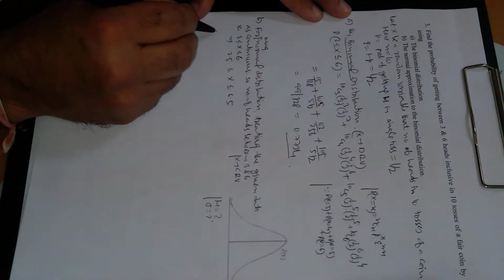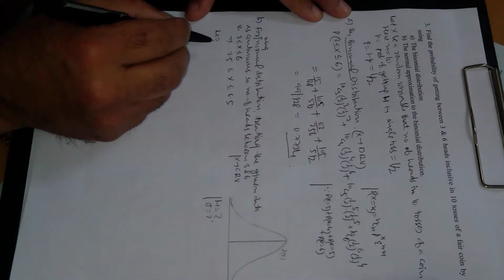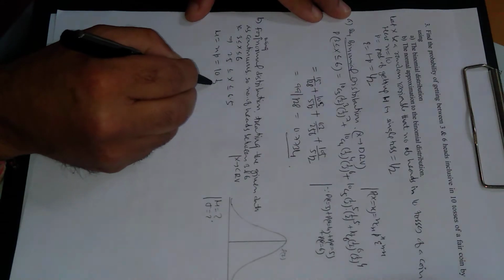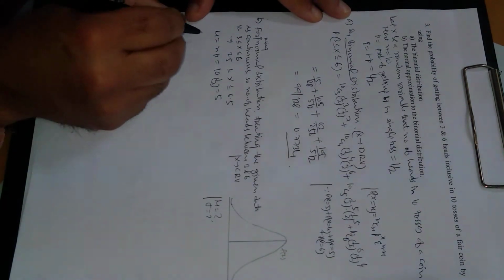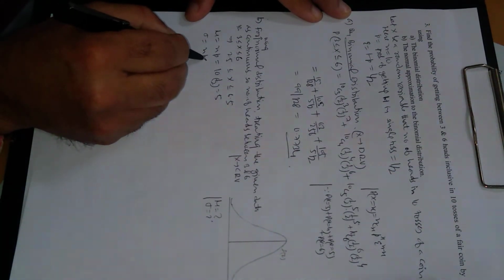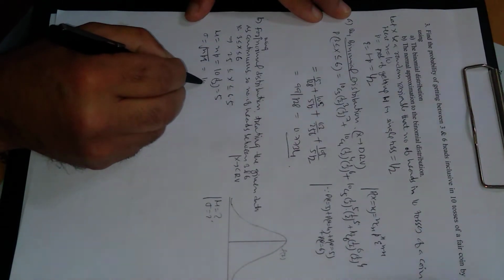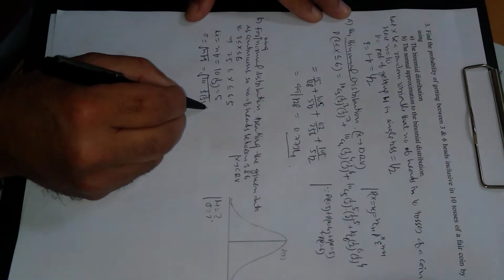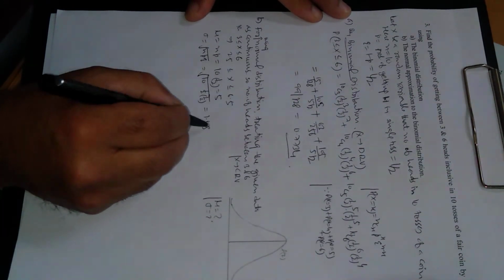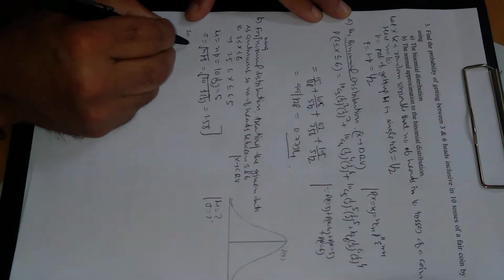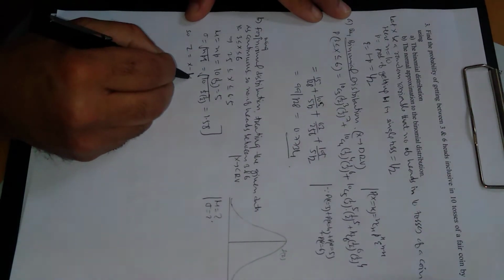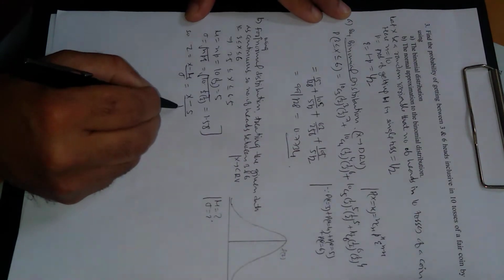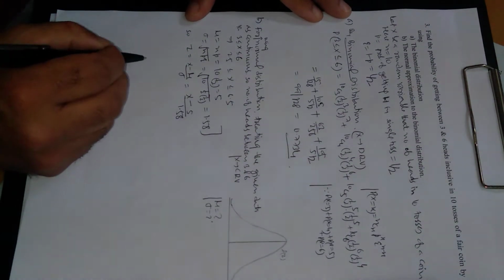It means the mean and variance will be the same as those for a binomial distribution. So the mean is np, and this is 10 by 2, so this will come out to be 5. The standard deviation is the positive square root of the variance npq, which on simplification will give 1.58. Alright, so z is the normal variable, (x minus mu) upon sigma, so this will be (x minus 5) upon 1.58.